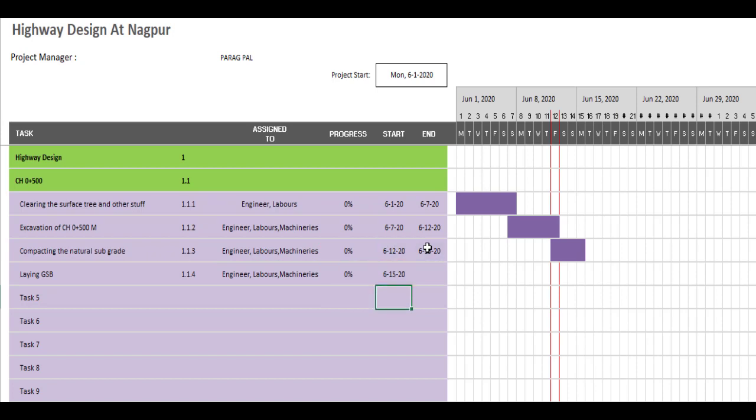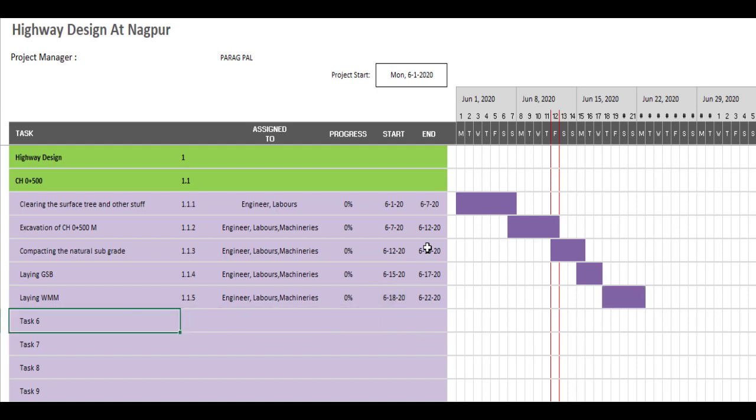This task will start after this and it will take only 2 days. Then after that, laying WMM, 1.1.5, copy and paste, 0%. This activity will start after this plus 1 day and it will take 4 days to complete.